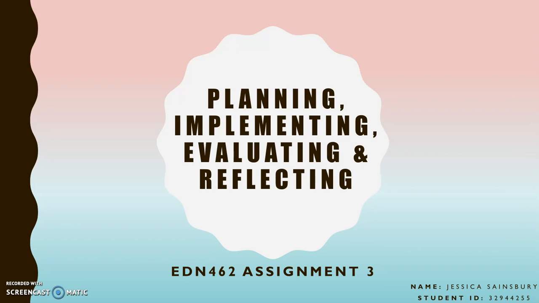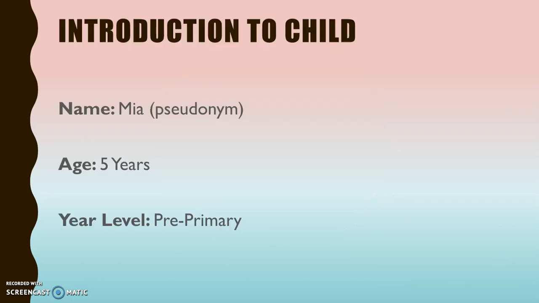My name is Jessica Sainsbury and I'm currently in my third year studying towards a Bachelor in Early Childhood and Primary Education, and my student number is 3294425. So just an introduction to my child. I've used a pseudonym for privacy reasons, so I'll be calling her Mia, and she's 5 years